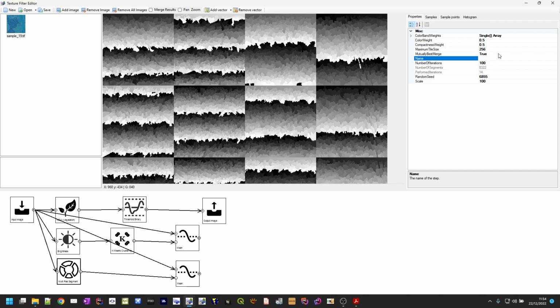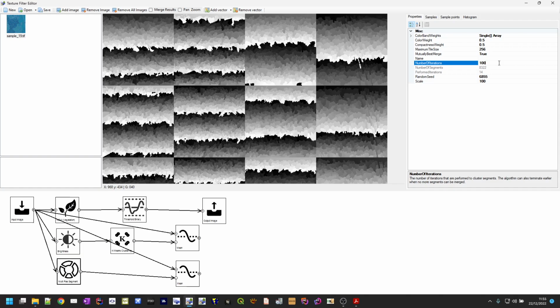So as you can understand from that explanation, this means that there will be more calculations being done. So it has a slight performance cost again, but in general, it gives a better quality result. Then we have the number of iterations. That's the parameter that determines how many iterations the algorithm can maximum run. So that's how many times it will check each of the segments to see if there are merges that can